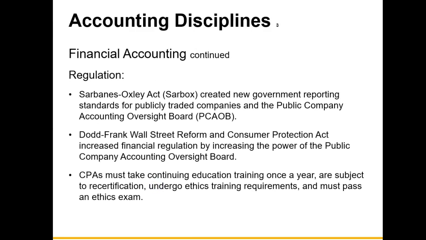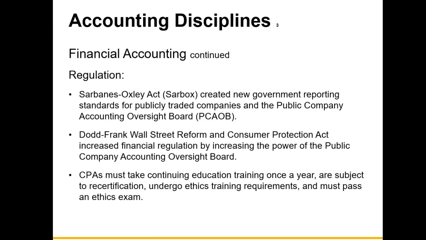Now, there is some oversight when it comes to the accounting profession. Because remember, the information prepared by these companies, whether it's Tesla, Google, Amazon, whomever, people are making decisions based